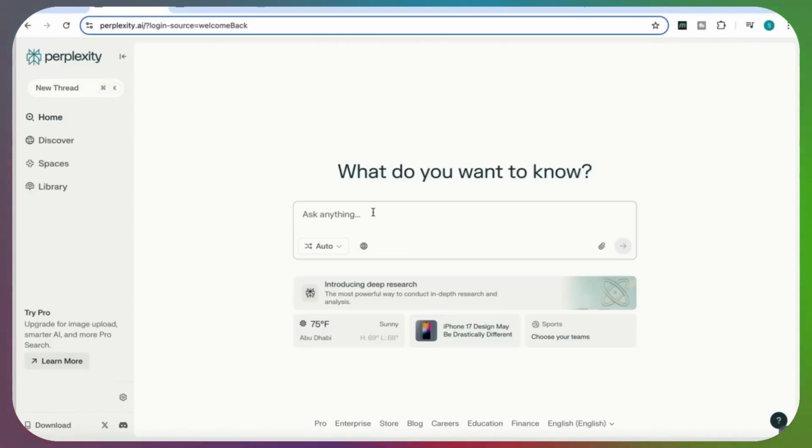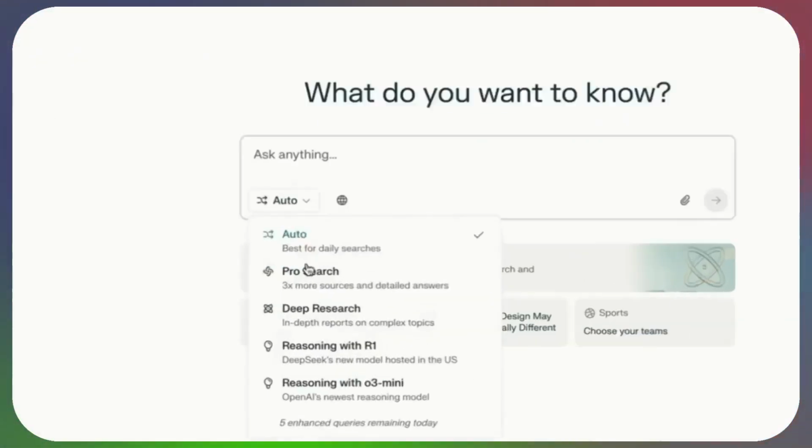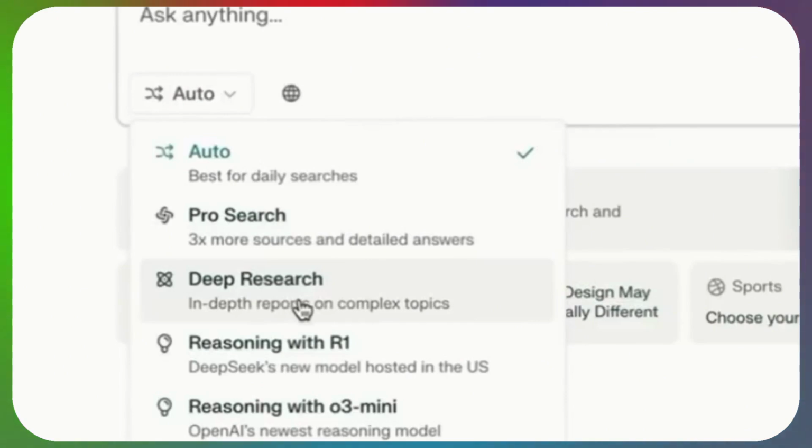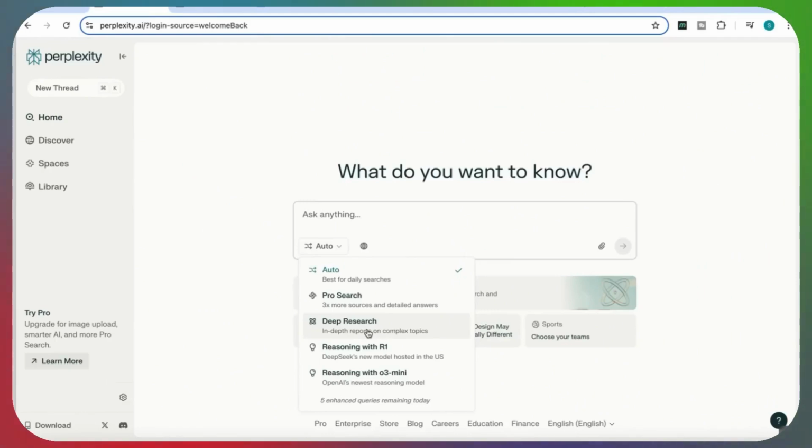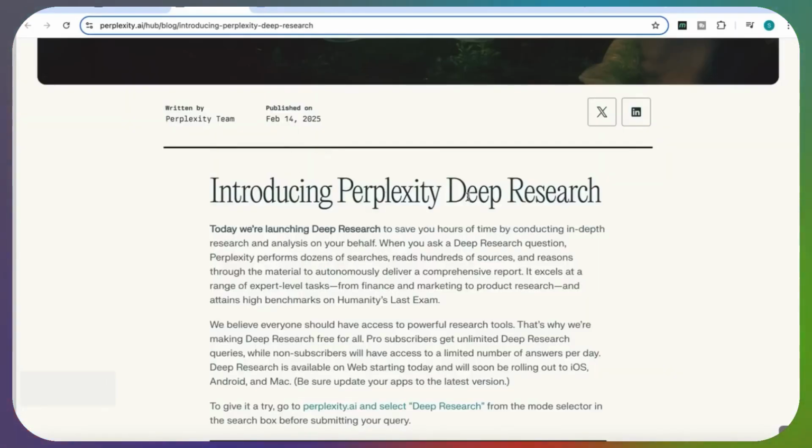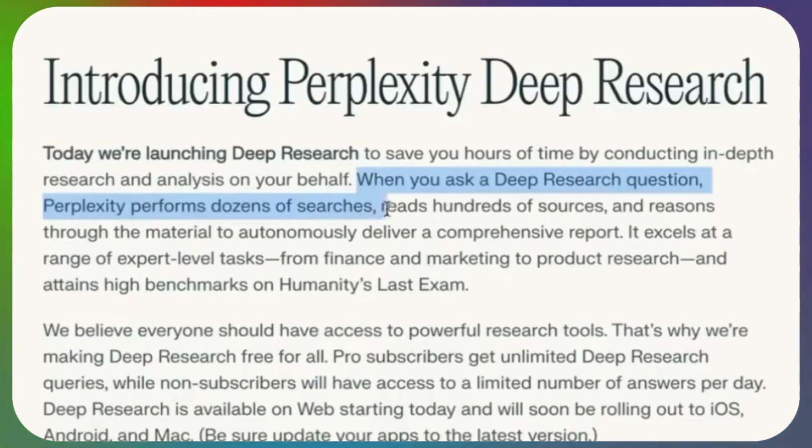Hello everyone, and in today's video we're going to be looking at how to use Perplexity's deep research feature, as well as looking at amazing use cases that you can apply this to. Perplexity launched their deep research feature on February 14th, 2025, and what they've specified is that when you ask a